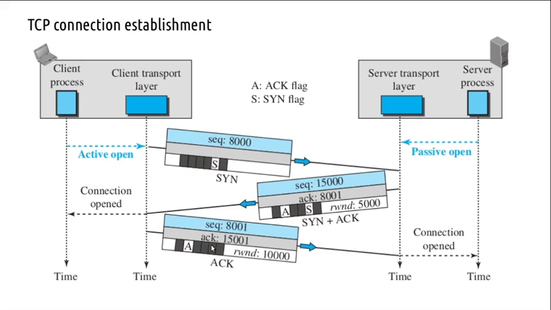If it contains data, the next segment will be numbered with the sequence number plus the data, whatever comes next. So if it is having 100 bytes, then 8001 plus 100 will be the next sequence number, right? Again, the receive window specifies the flow control mechanism. So the server is specifying a receive window size of 5000, whereas the client is specifying a receive window size of 10,000. We already discussed this when we discussed buffers, and we mentioned that these buffers